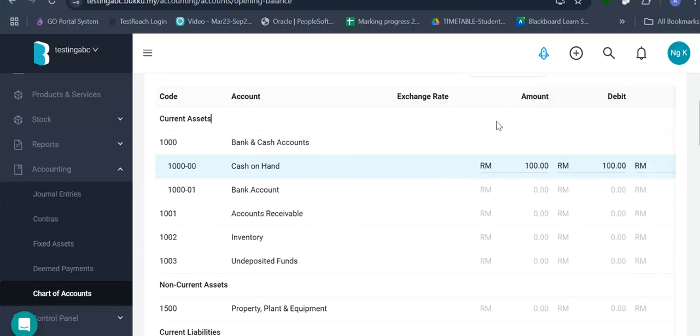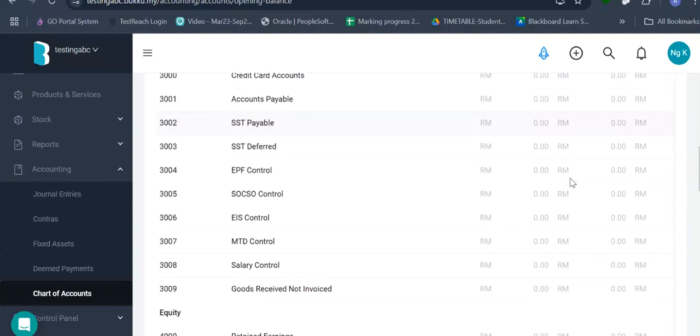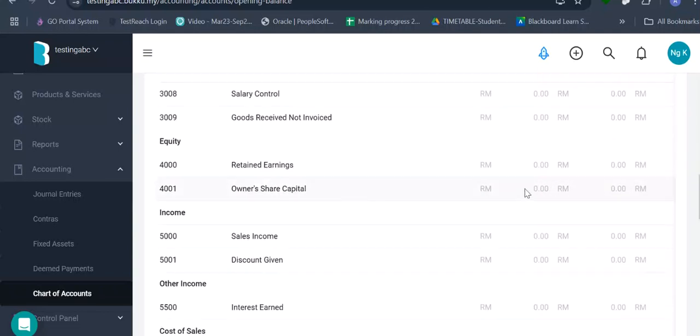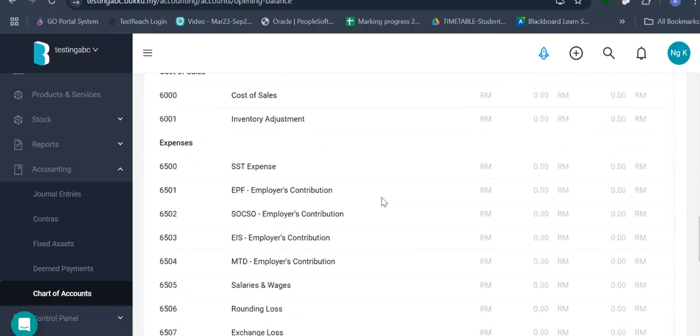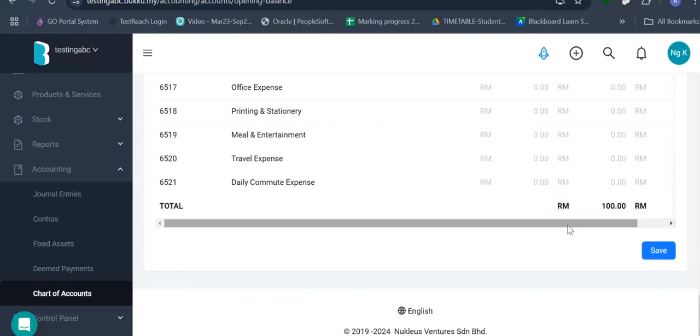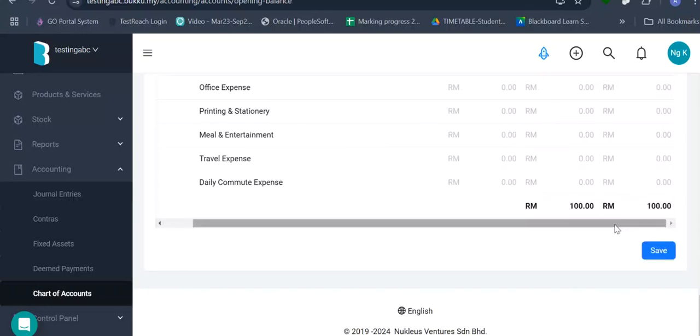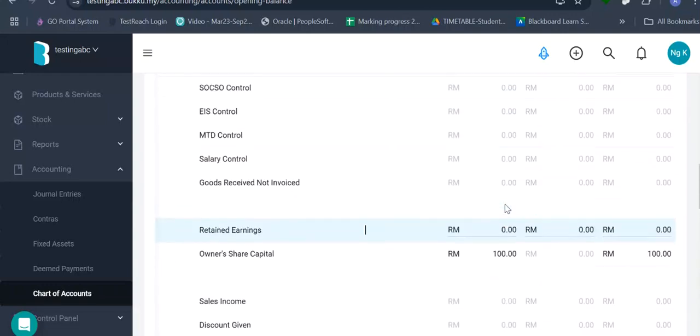Then you need to do this manually: where the money comes from, it could be from owner's capital. So I come to here. My debit and credit balance are already 100, and then I click save. Once I click save, the opening balance is inserted.